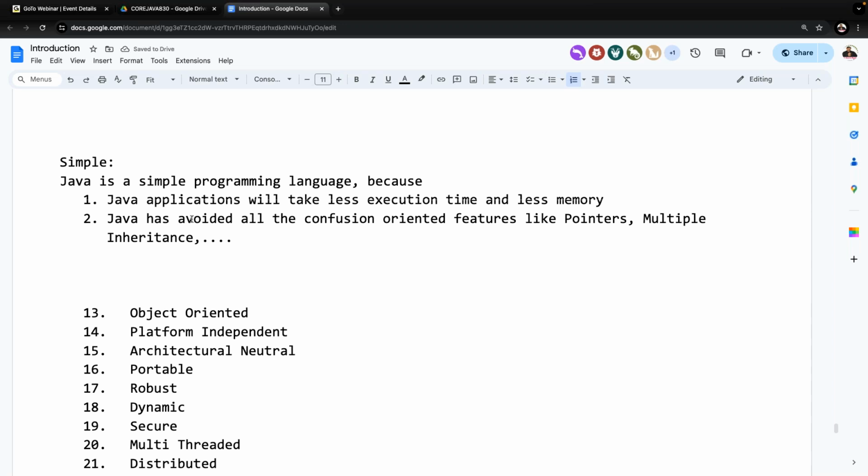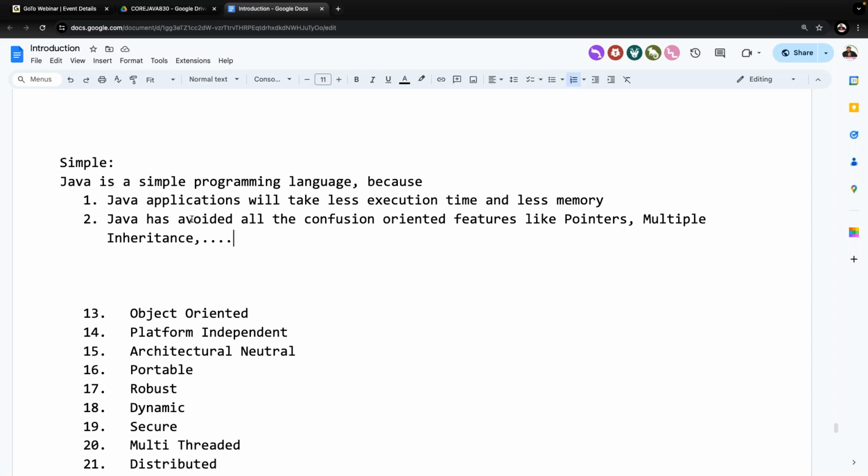Pointers are not available in Java. Multiple inheritance is also not available in Java. Why are pointers and multiple inheritance not available in Java? What is the reason for it? They are giving confusion. They are the confusion oriented features. Because of that, it is not possible to include those confusion oriented features inside Java.